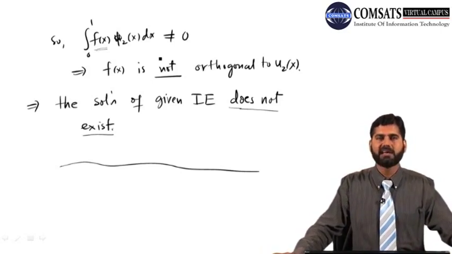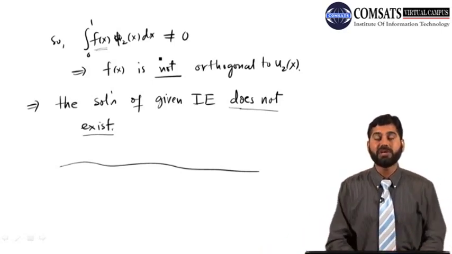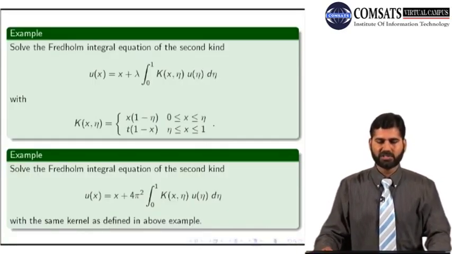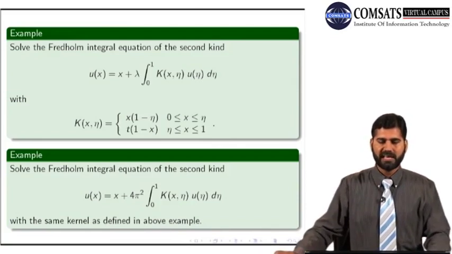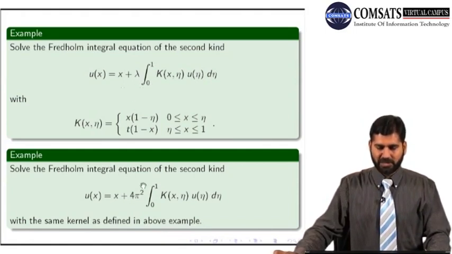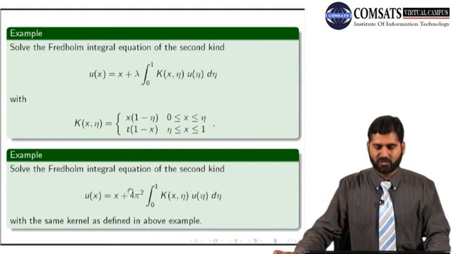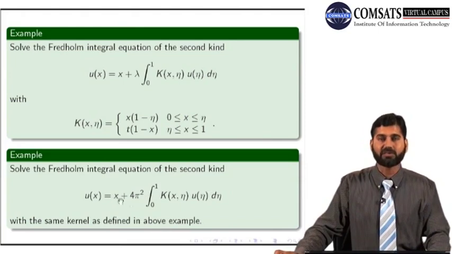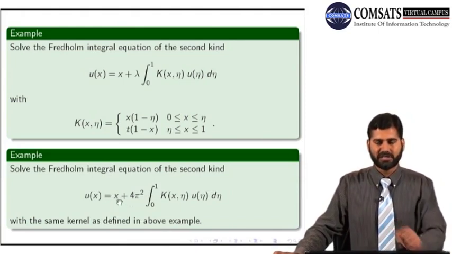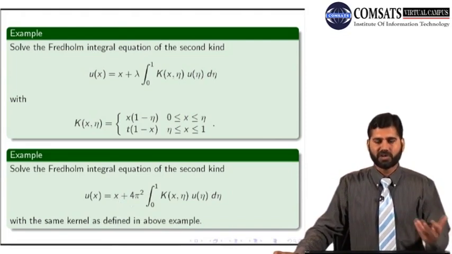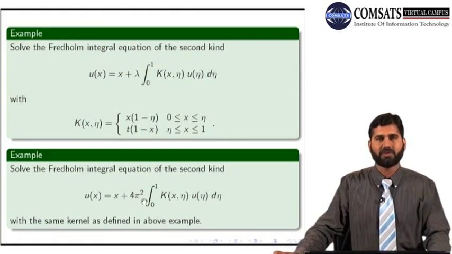So this lecture was again on existence and uniqueness of the eigenfunctions. We just solved these two examples. Here we got the unique solution if lambda is not an eigenvalue. But when I took lambda to be equal to 4 pi square, we saw that this 4 pi square was one of the eigenvalues, and then we went on to see whether this f(x) equal to x is orthogonal to your eigenfunction or not. We saw that this is not orthogonal to your eigenfunction, so it means there does not exist a solution of this equation.